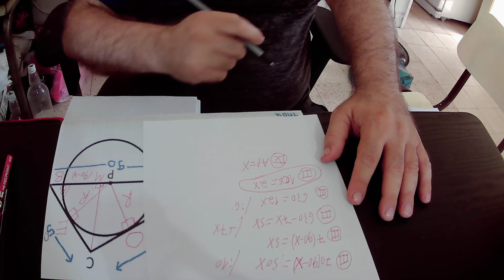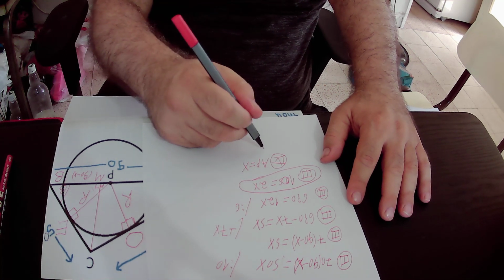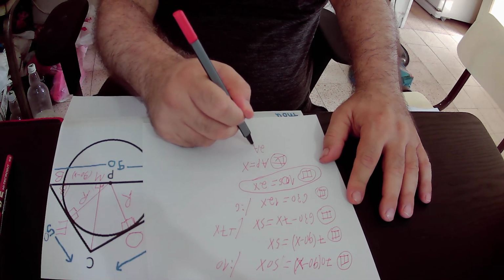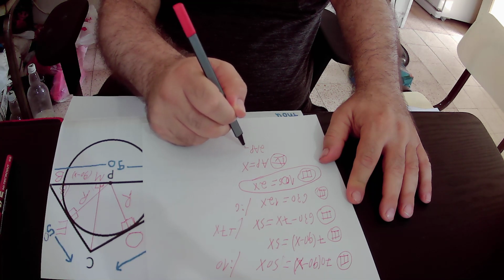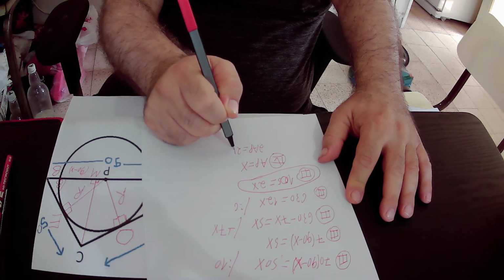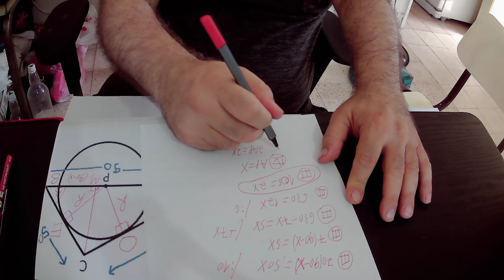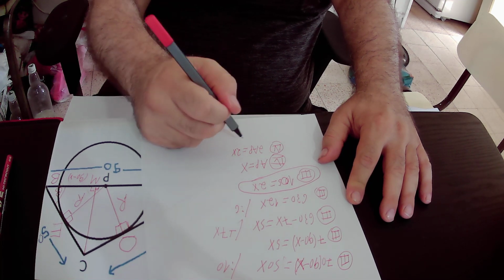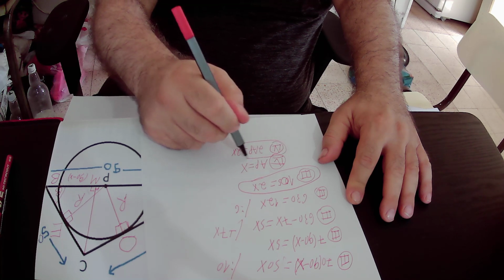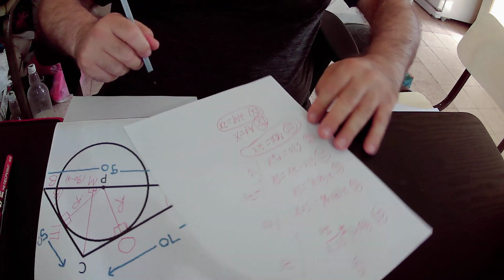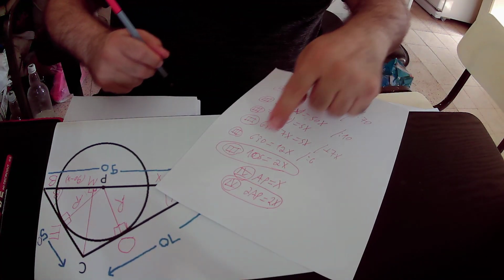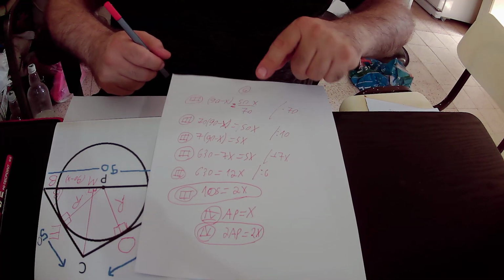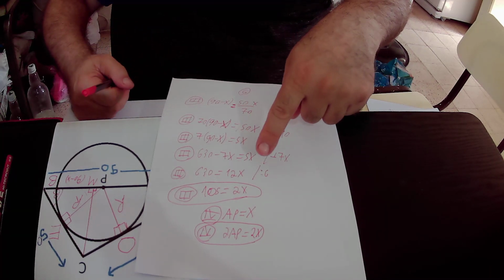So if AP equals x, then 2 times AP will be equal to 2x. Yes, very simple. So the fourth equation states that 2 times AP equals 2x,